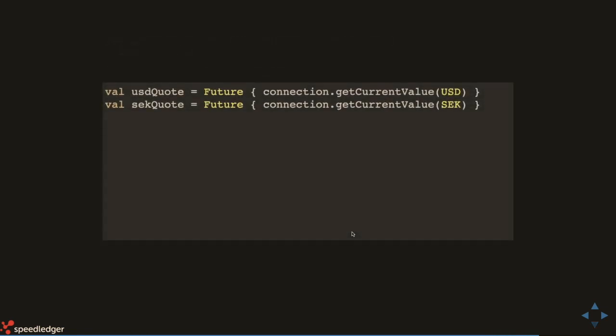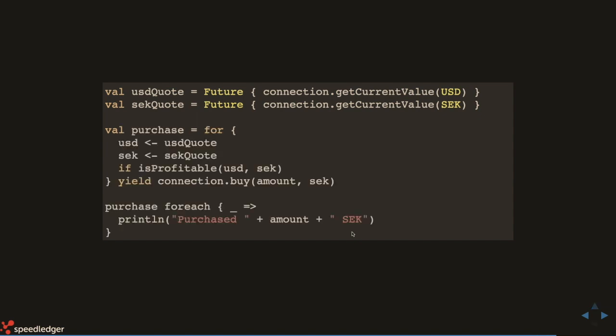So how could this be used? Okay, so say that we want to do some currency trading by dollars now when it's really expensive. Then we can use the for comprehension.